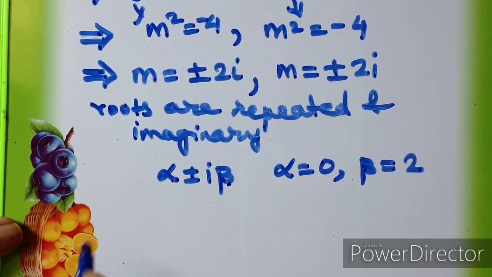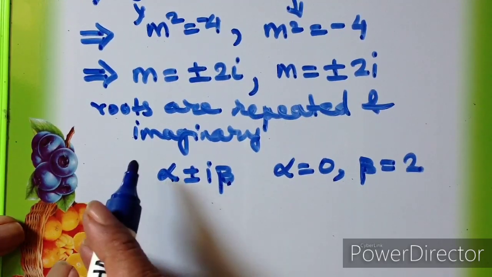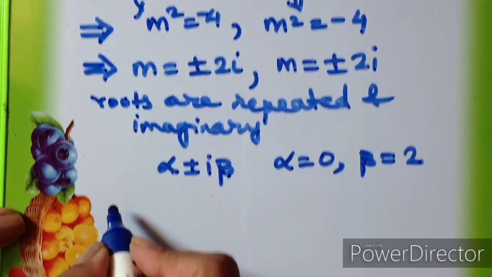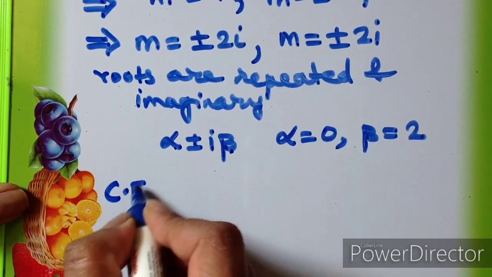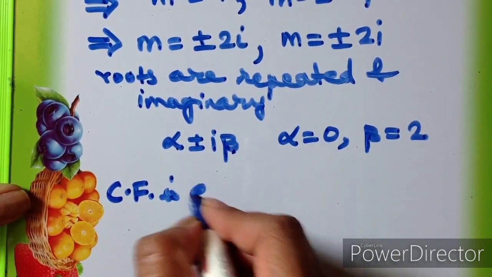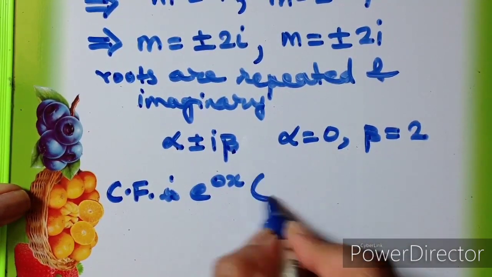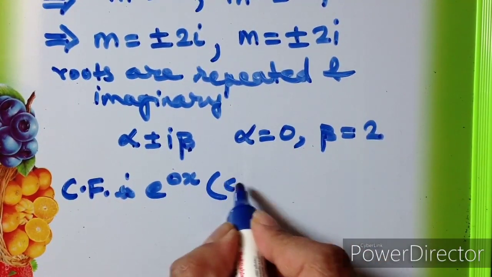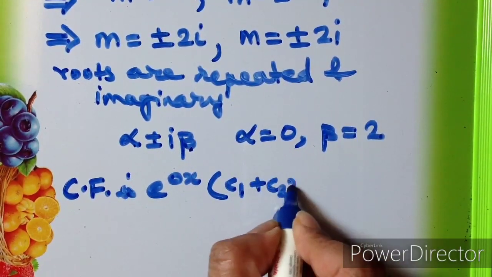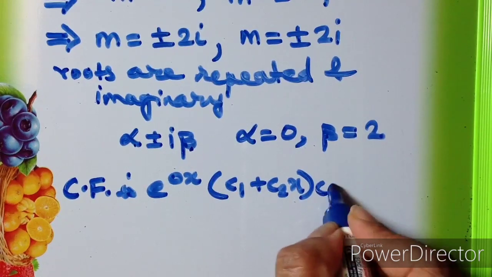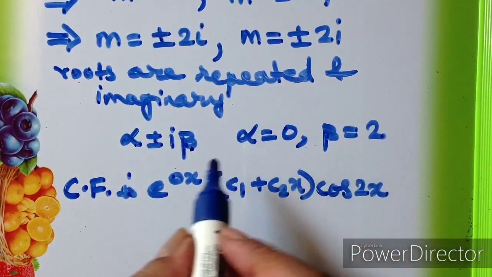If the roots are imaginary and repeated, then the CF is e raised to 0x into bracket c1 plus c2x into cos 2x,